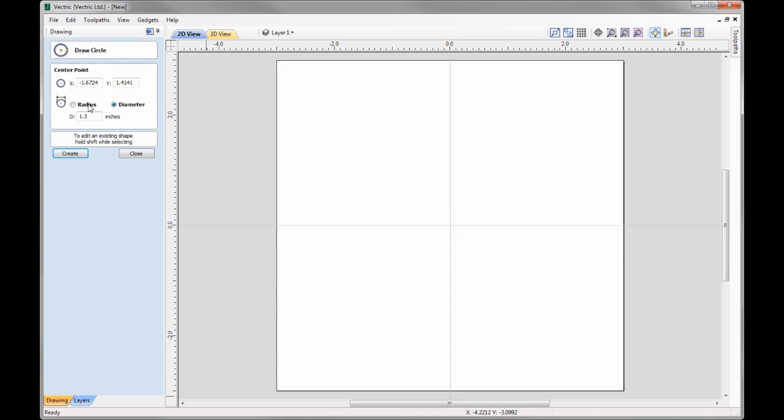So in previous versions, to draw a circle, we'd simply either enter in the precise center point, followed by a radius or a diameter, or freehand draw the circle in place. With the addition of transform shortcuts, I'm able to simply click to create a circle, and I can draw out the circle. And if I wanted to give it a precise diameter or a radius, I could use the transform shortcut keys. So whilst my left mouse key is held down, if I wanted to give this circle a diameter of 2 inches, I'd simply type in 2 as highlighted at the bottom there, followed by the letter D,